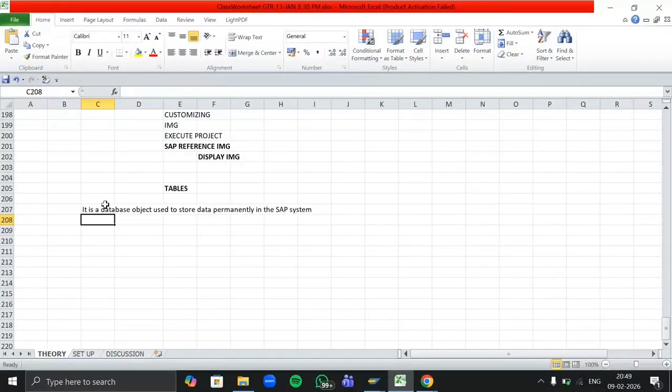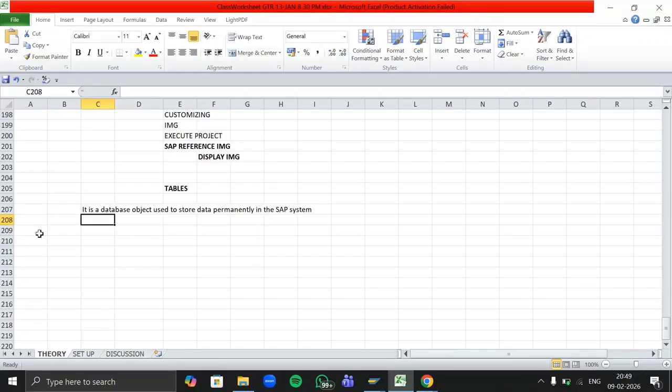Now, why do we need these tables? We are going to store a lot of data, right? Here we are going to store the master data, the transactional data, the configuration data. So how are we going to differentiate all the data? If you need any reports, we need a detailed analysis of the data. Then only the system will be able to generate reports out of that. So that is the reason it stores the data in the form of rows and columns.